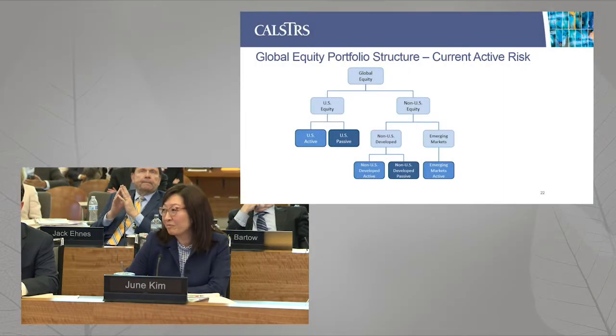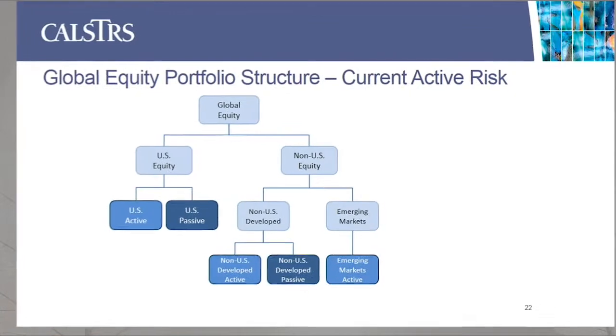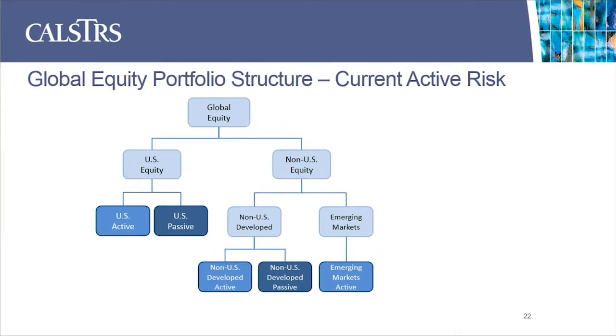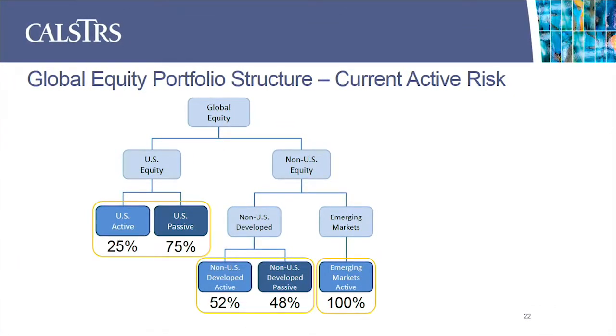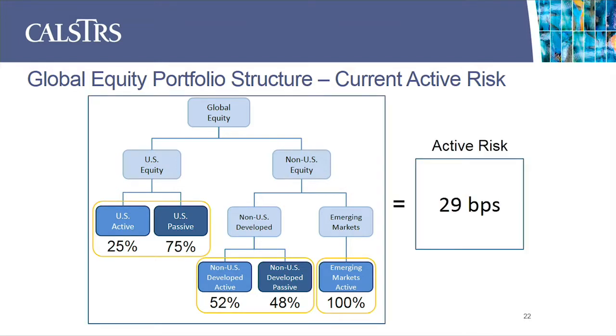This is the final slide. We're back at the global equity portfolio structure, which we saw at the beginning, and these are our actual exposures of active, passive in US and non-US. And if you do the calculation all the way through, we'll come out with one active risk number of 29 basis points for the portfolio, which in this example that we've set would be well within the 50 basis point